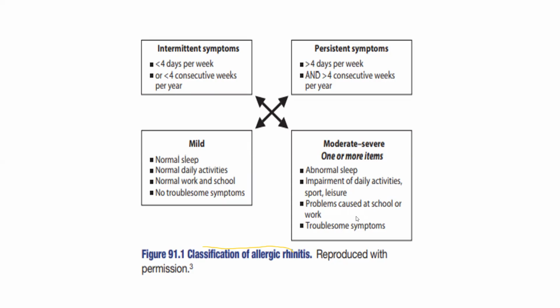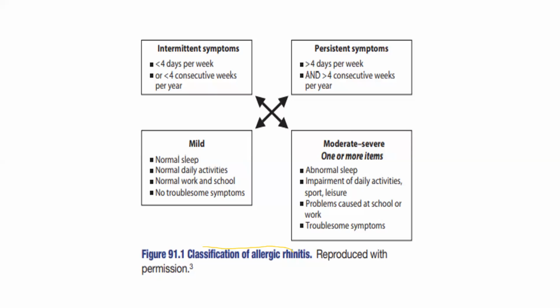So with this, we are getting an idea. This is almost the same for asthma also. So keep in mind about this mild one, this intermittent one and persistent one, and moderate to severe ones. Mild and moderate to severe are two groups, and intermittent and persistent are two groups. They have got a cross here. So it can be mild persistent, or mild intermittent, or moderate persistent, something like that. You can make it as a combination.